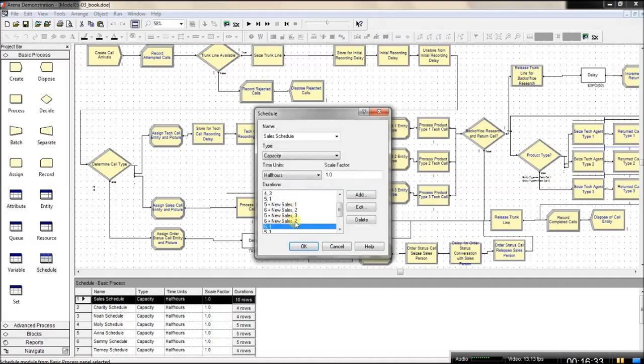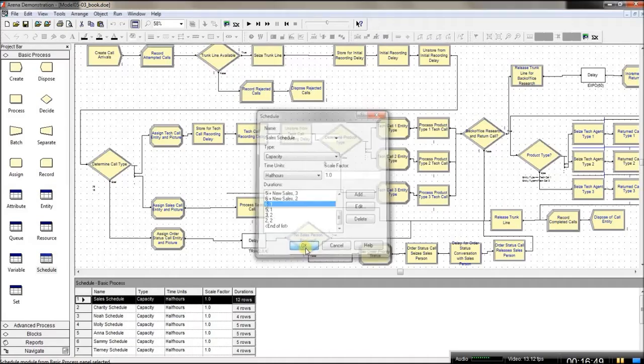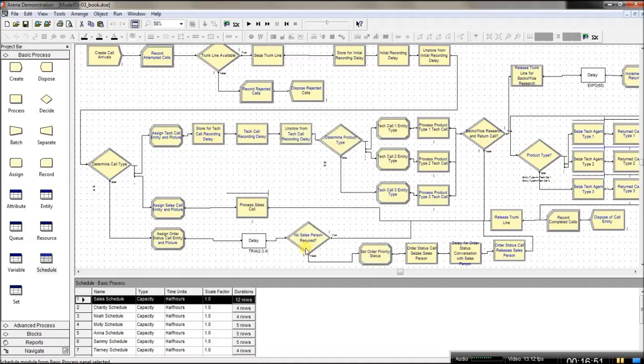So I added that, then I go here and double click on this and change the duration to 1. And now I split it into 6 plus new sales for the hour, and then 6 for a half hour. And so the rest remains the same as it was. And so we're done changing the sales schedule. And so the next thing we're going to do